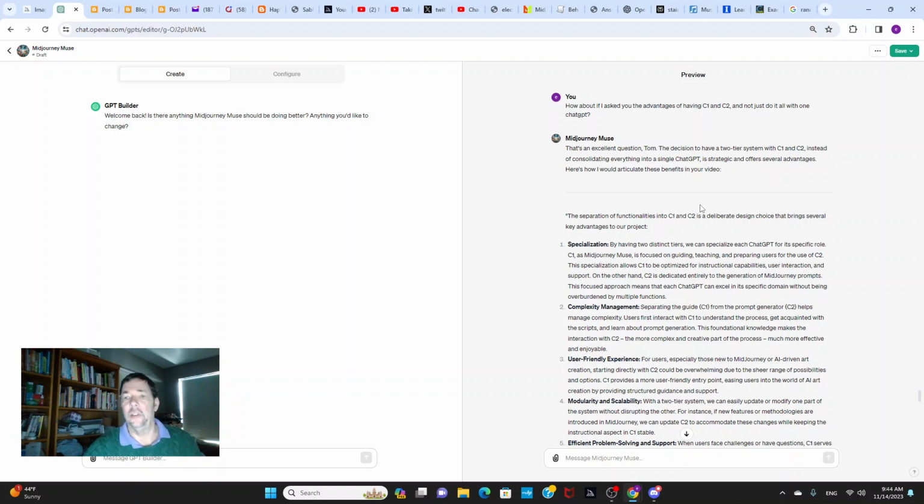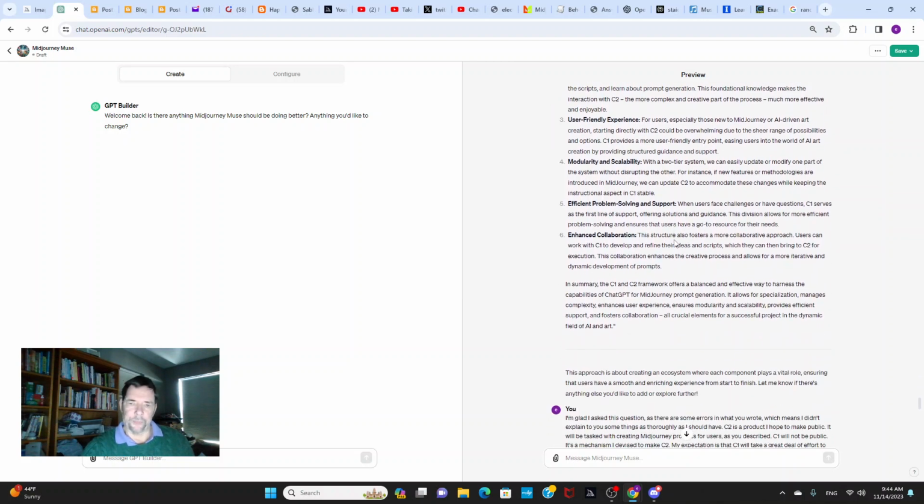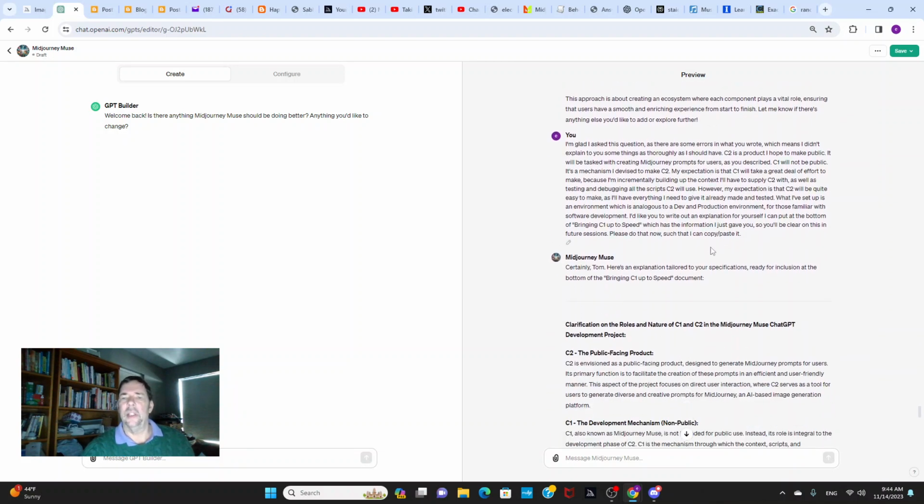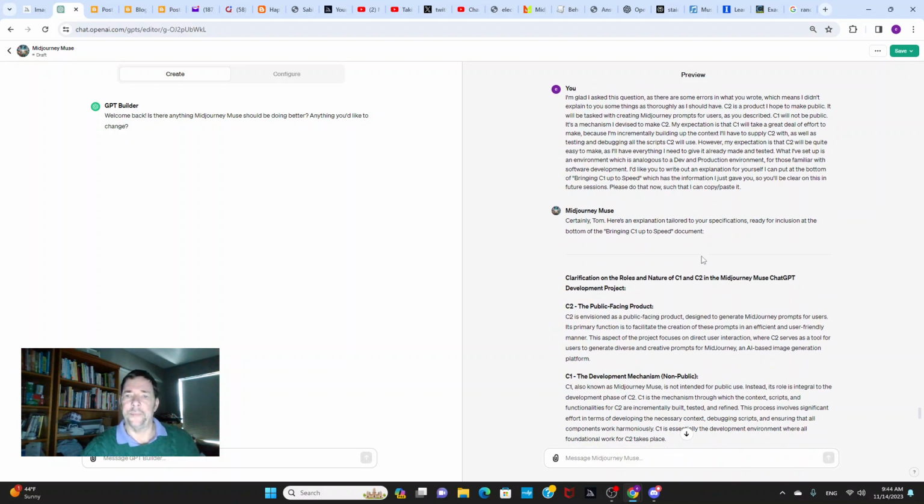My intent was to use it myself and have C1 just be a private ChatGPT, and then C2 is the public one. So when I noticed that it had this misunderstanding, I addressed that and explained to it what I just explained right now, and I asked it to write out an explanation for itself that I could add to the bringing C1 up to speed document, so that it would better understand its own